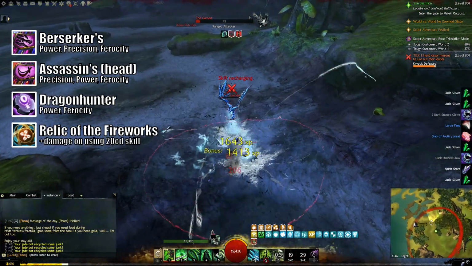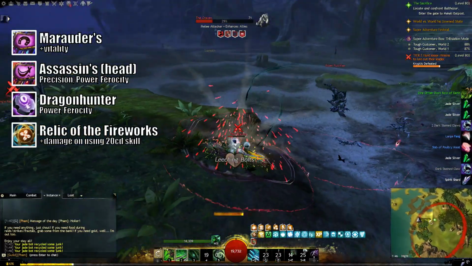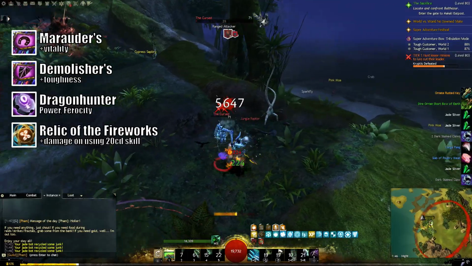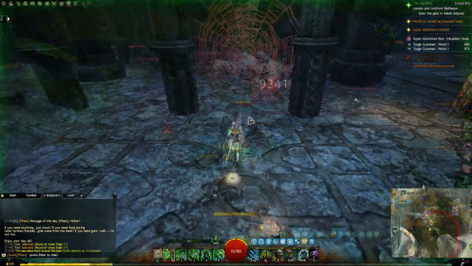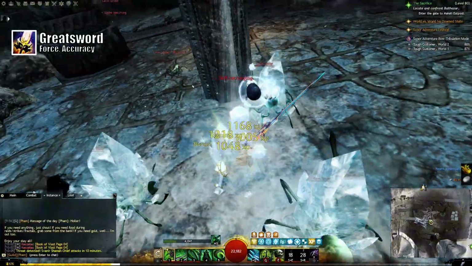If you would like some extra defense in the open world, then you could consider Marauder's gear for some extra vitality, or Demolishers for some extra toughness, without necessarily giving up too much on power, precision and ferocity. But honestly, this is one of those builds that doesn't really need the extra defense from gear. As for your weapons, most group content builds will recommend you either combine a greatsword with a dagger and sword,